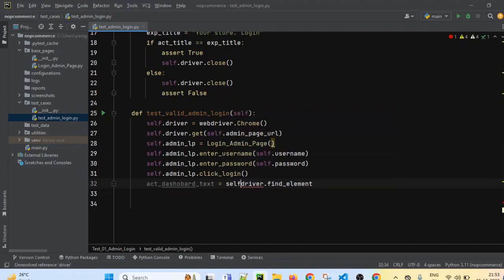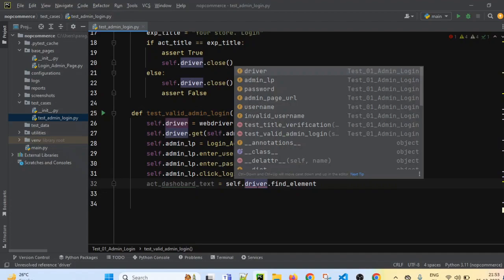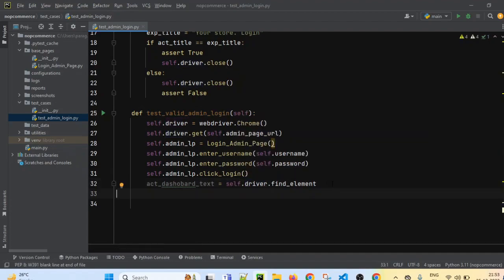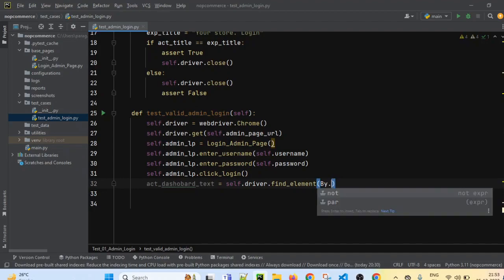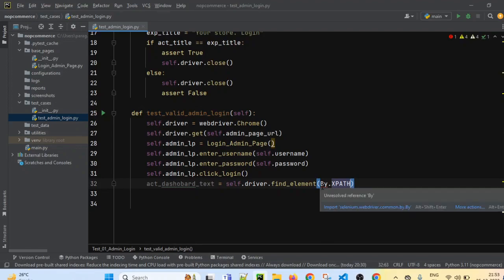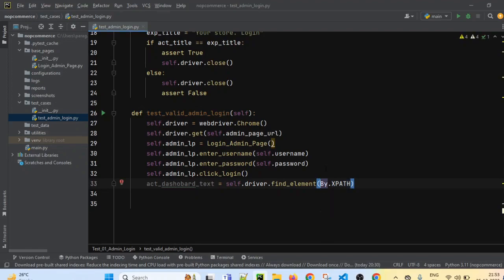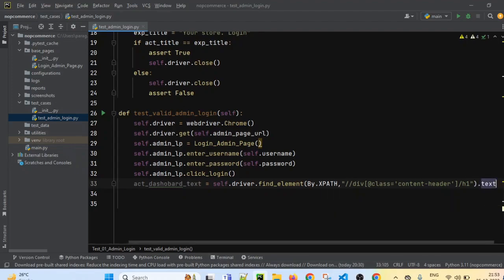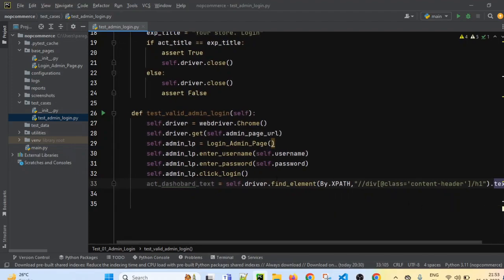We have to use self every time, remember. Self dot driver dot find element by dot XPath. We have used XPath. We have to import this by as well. By dot XPath, comma, this is the locator value, and we want to fetch the text from it. So I will just use dot text. So it will fetch the text, whatever found on this locator, that will be stored in this variable.